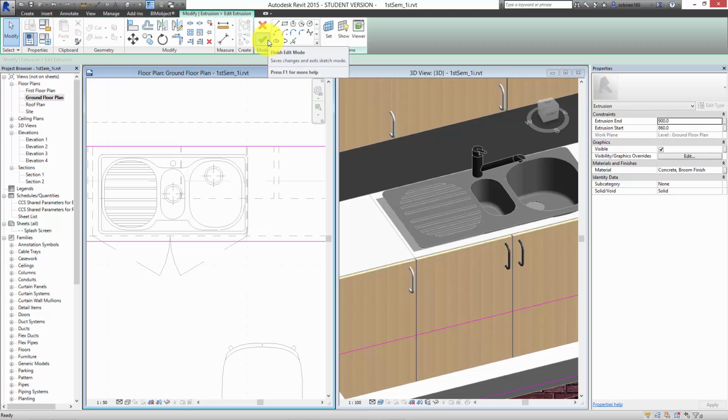And then I'm going to use the pick lines tool to pick the lines that I want to cut out of the